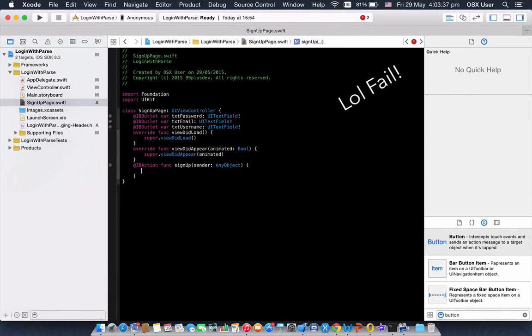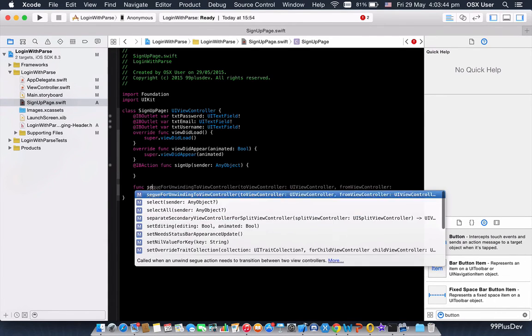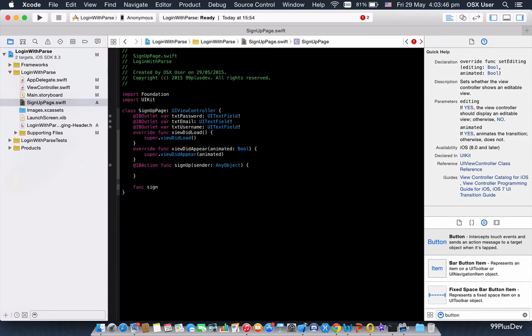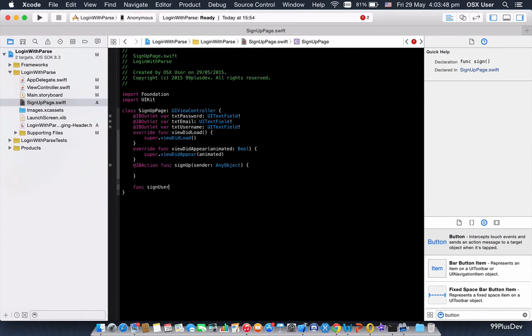I'm not going to be using this. Yeah, I just remembered. We need to create a function, I'm just going to call it signUserUp,